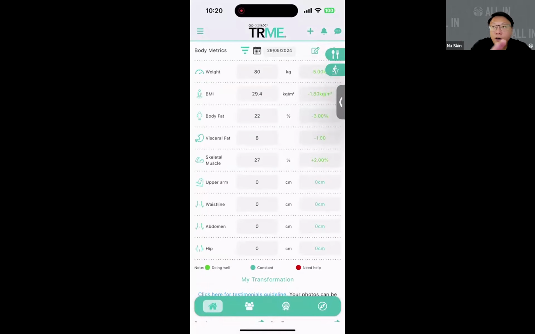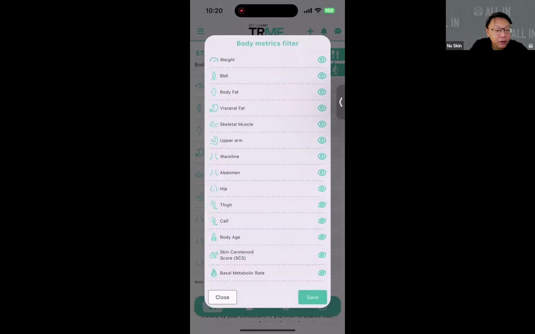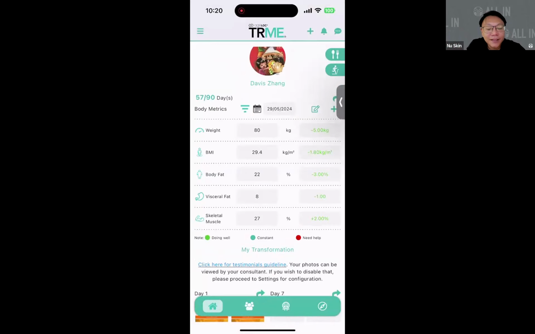To keep your home page neat and tidy, I know some of you may have a desire for a clean look and feel. So if you do not want your home page to be that messy and only want to focus on some key metrics, then simply use this function. Turn on or turn off those that you need only. Just save it and it will keep the page neat and tidy, right? So take for example, I'm only going to focus on these 5 metrics, right?